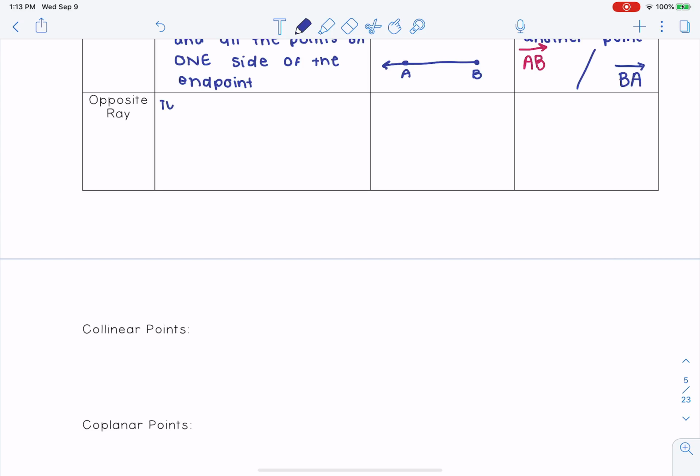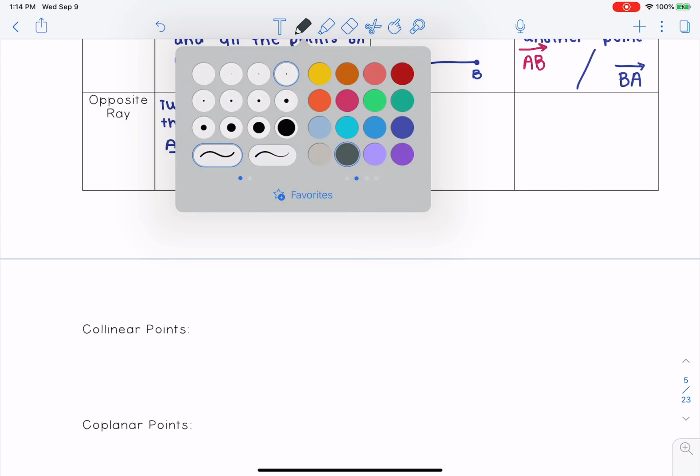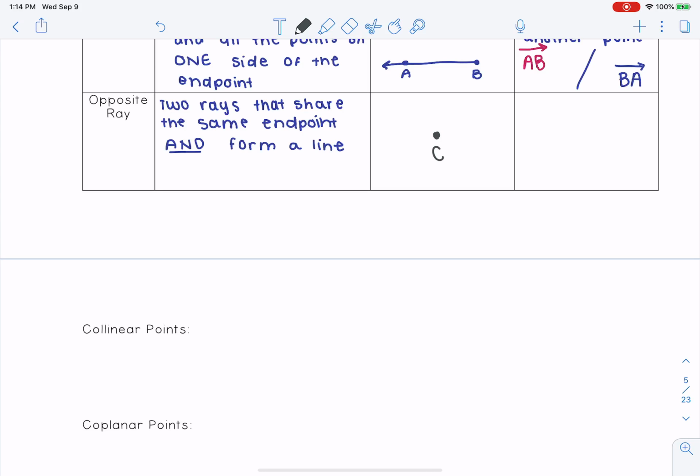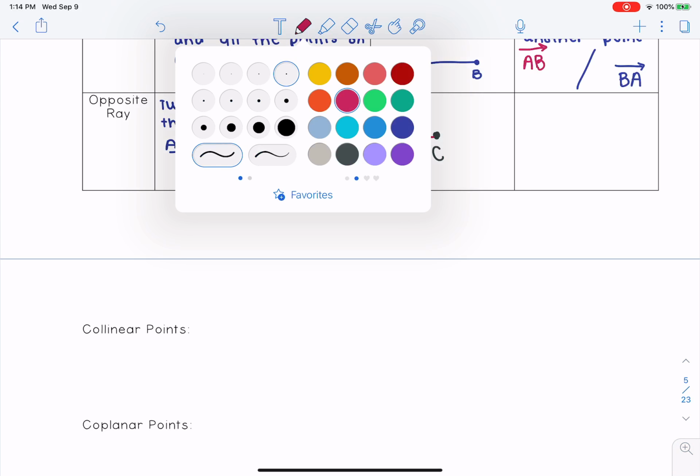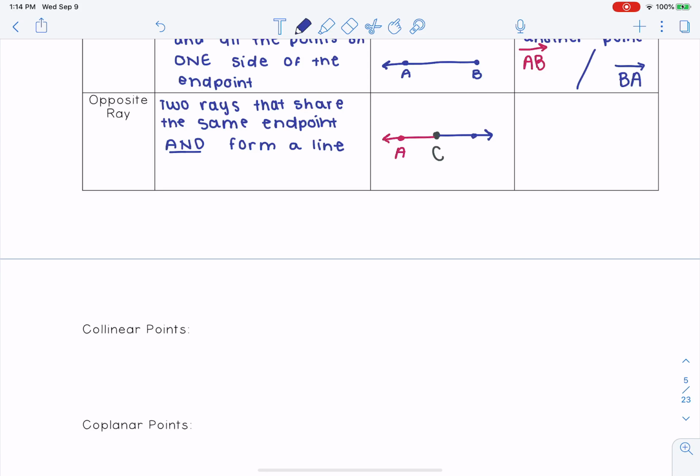So this is 2 rays that share the same endpoint and form a line. So let's see what this looks like. We might start off with this point C, and that's going to be our endpoint. Then I have this one ray that's got an A on it, and I've got this other ray that's got a B on it. Notice how when I combine them together,